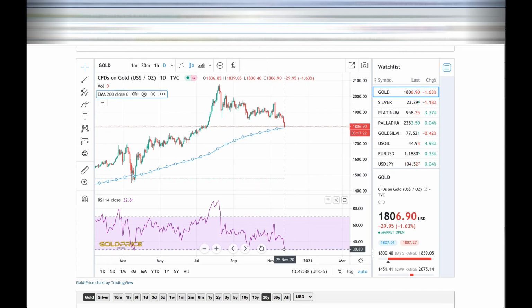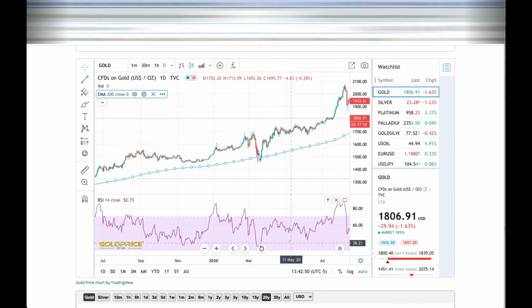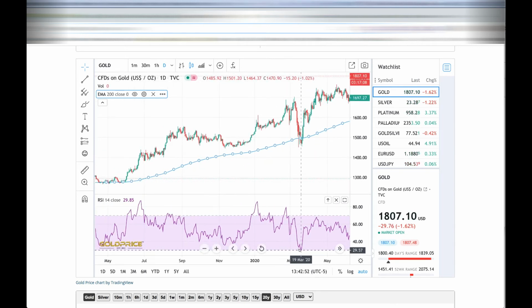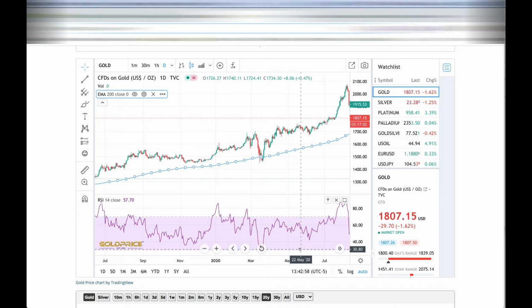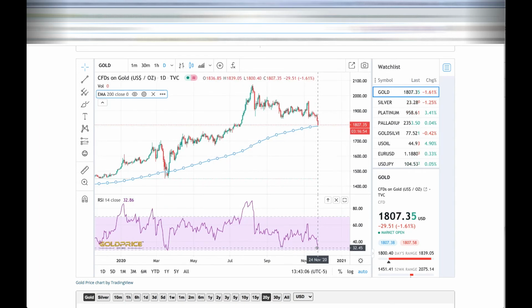Right now, we are going towards it. Will we cross the 30 threshold to create a clear buying opportunity? Maybe. Another point I want to make is the last time we were so close to the 30 level was during the massive crash. Basically, RSI is a relative strength of the change in price. And right now, it's pretty clear that we are in a dip. And in this dip, should you buy or not?